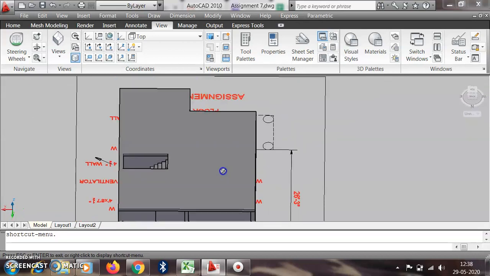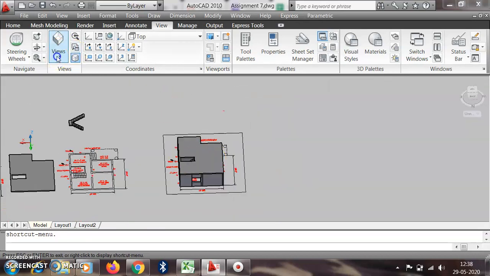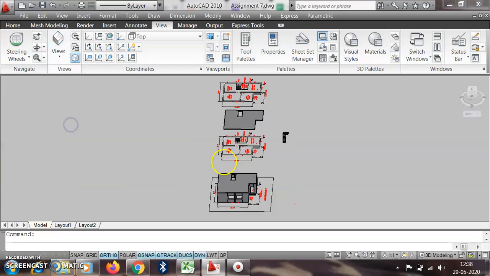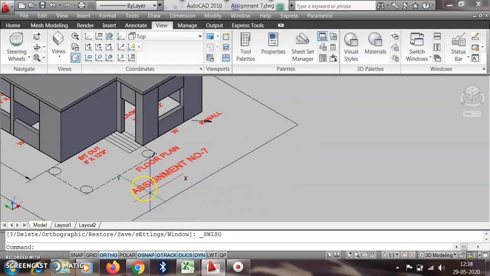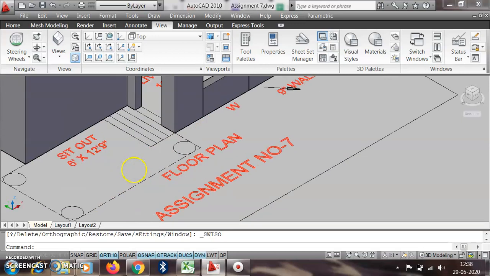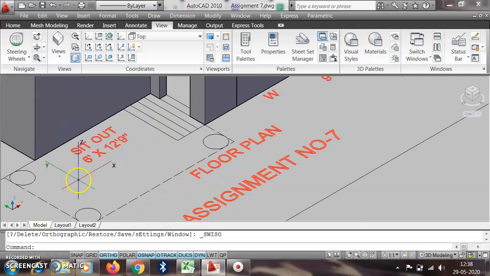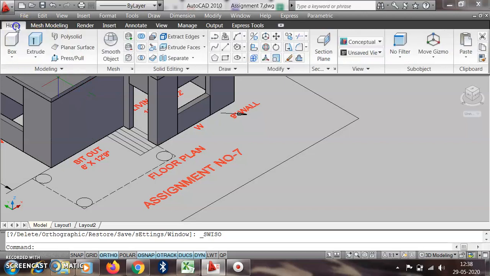Then we discuss how to draw the porches and so on. We know that the porch height is always 7 feet. In this case we have to take this column by the press pull command. So go here, press pull.